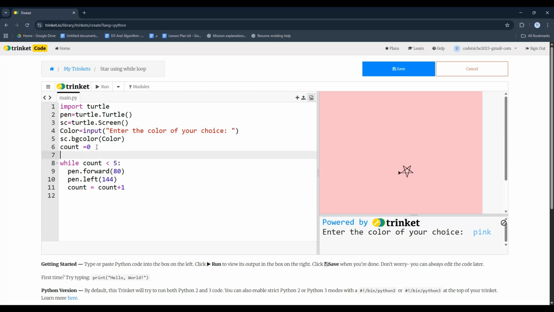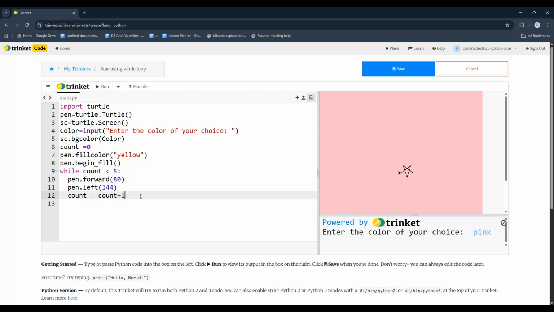If you want to fill the color in it, we have another way. Make sure whenever you want to fill the color in a shape, you will always use pen.fillcolor. Fillcolor is the function that will help you to do that. Now again, you can ask the user to enter the color. So I'm gonna add a yellow color over here, and pen fillcolor comes with 2 more codes, which is